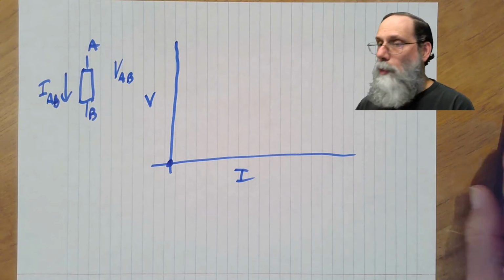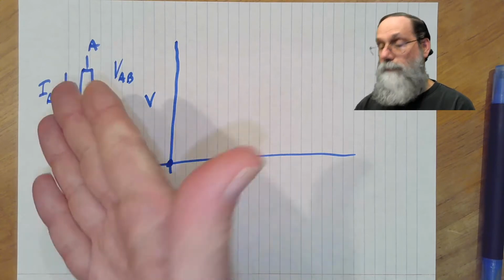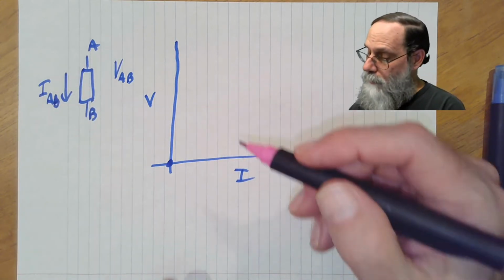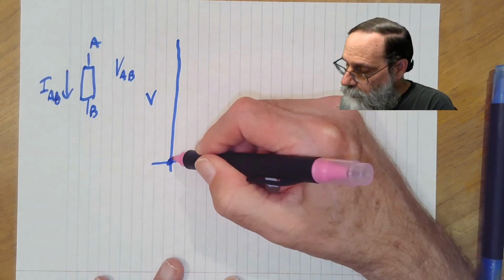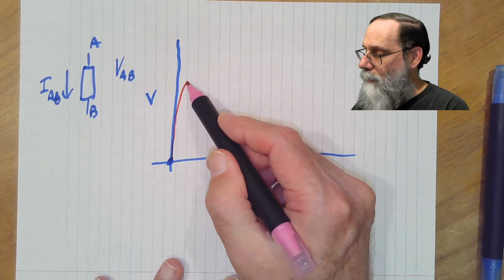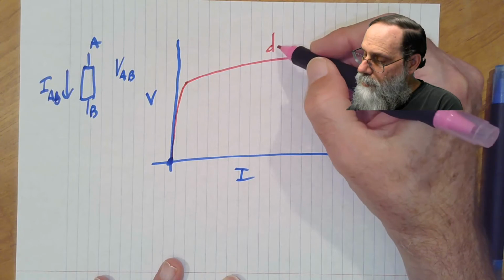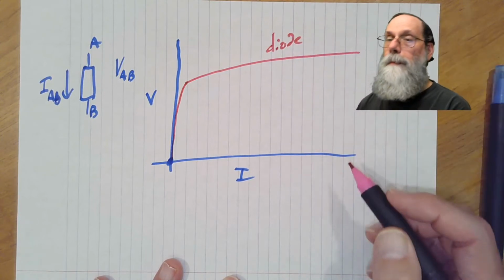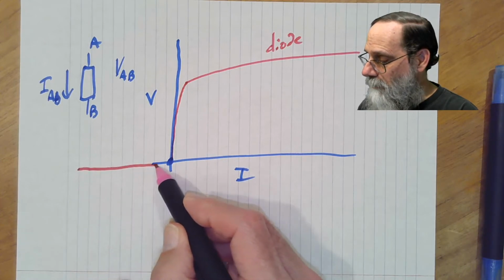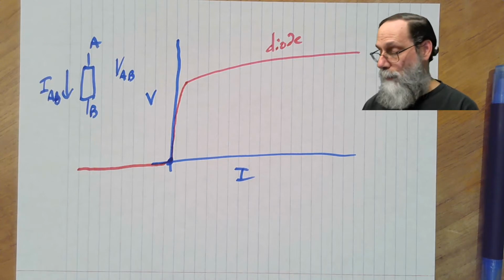But there are various curves we could get as a result of this component. And different components have different sorts of characteristics. One that we might have, for instance, could be something where the voltage goes up very rapidly with current and then kind of levels off. And that is basically what a diode does. Actually, to make it more clear, the diode continues having zero current at negative voltage.